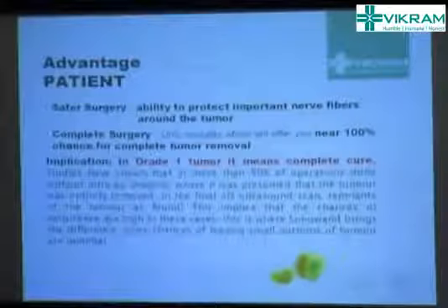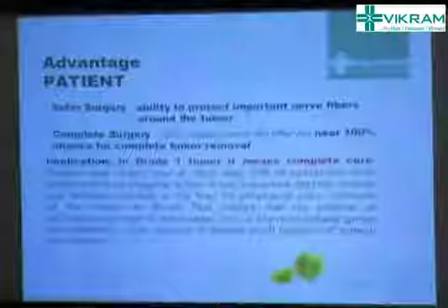And there are certain conditions called aneurysms which can cause subarachnoid hemorrhage. This is a case wherein this is the aneurysm which is seen